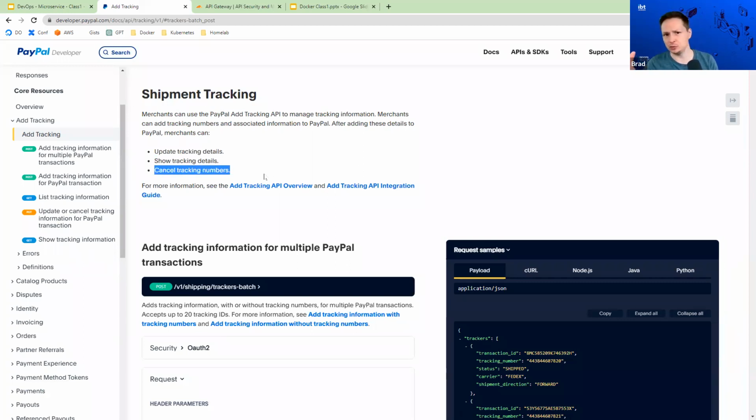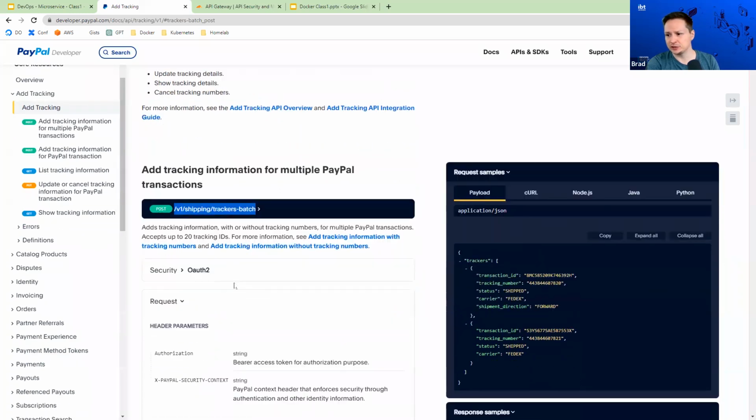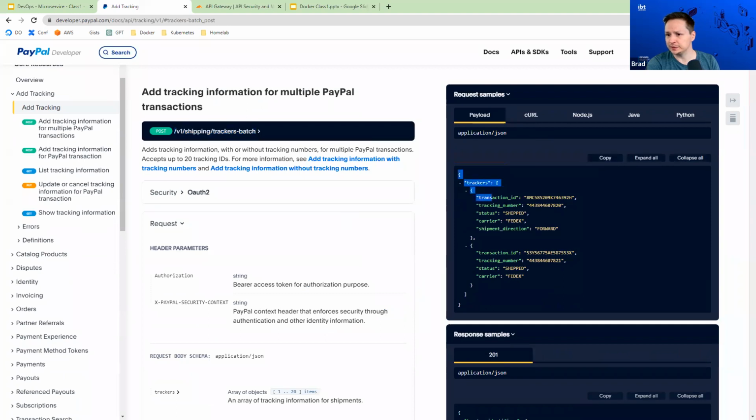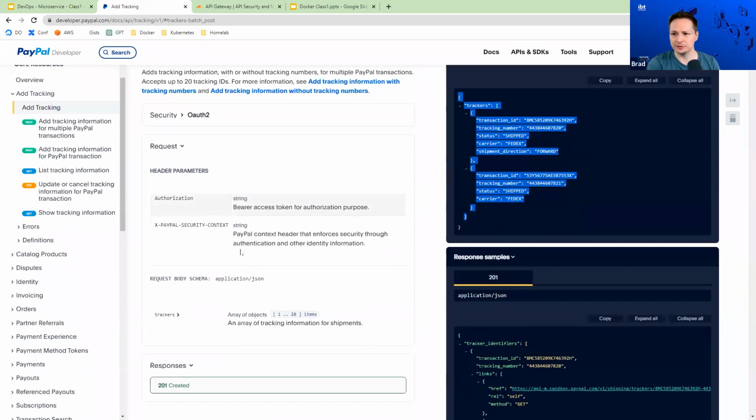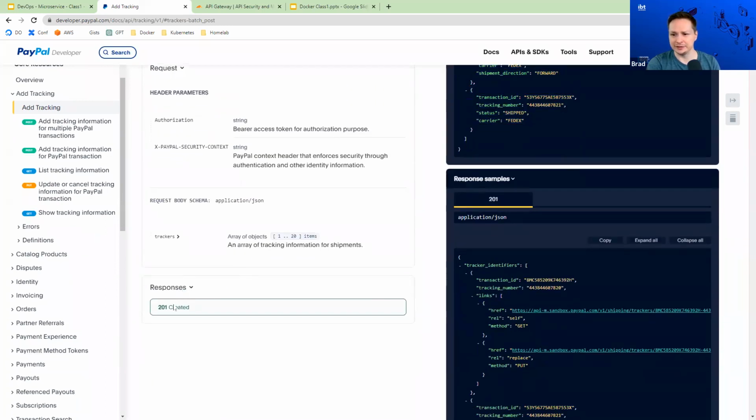So I guess if you were to send something to someone in a PayPal shipment where they pay using PayPal, they could track your shipment using these endpoints. And you could develop your own little Android application that calls this shipment tracking API. You would call it just by posting this message, v1 shipping trackers batch, and you would set the parameters like this. So this is what all the documentation looks like. And you can see the responses.